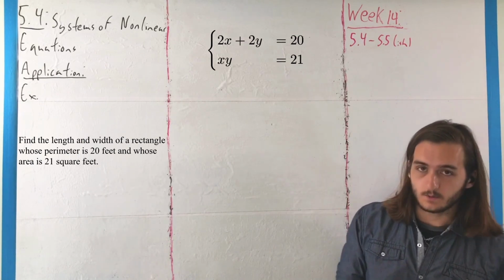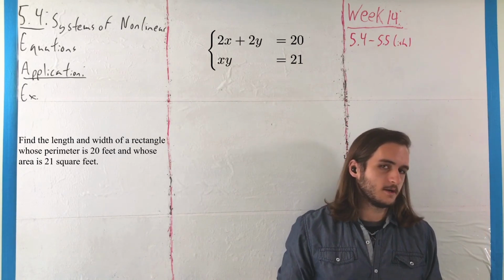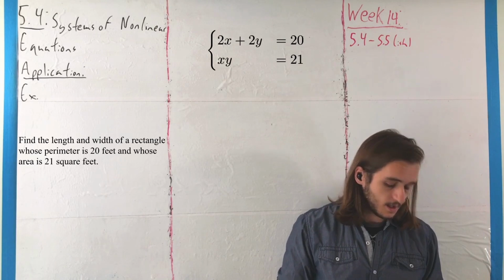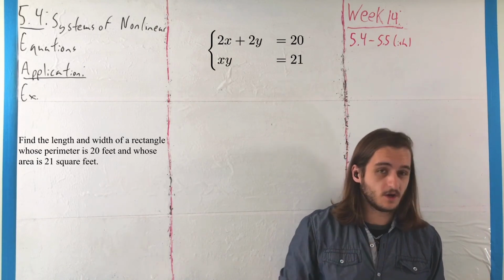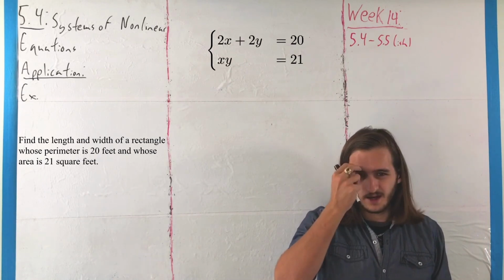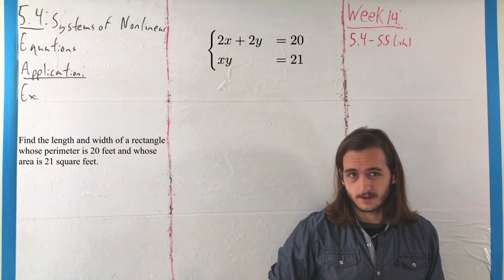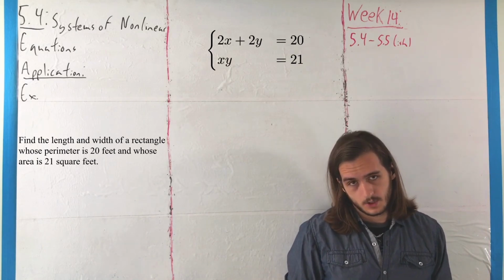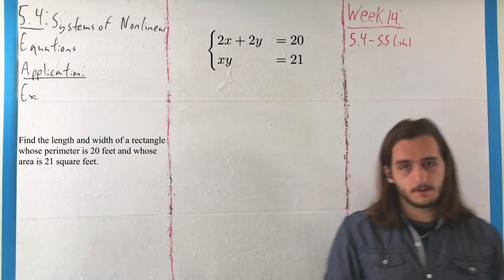and xy equals 21. These don't match up perfectly in order to do any sort of elimination, because nothing eliminates x or y, except for some weird multiplications through by y, and that's going to cause a lot of problems. And similarly, you don't really want to divide out an x or a y, because you'll end up with some really weird rational things on the other side. It's all bad news. So the only thing we can do here is substitution,